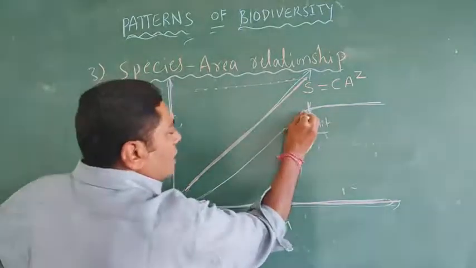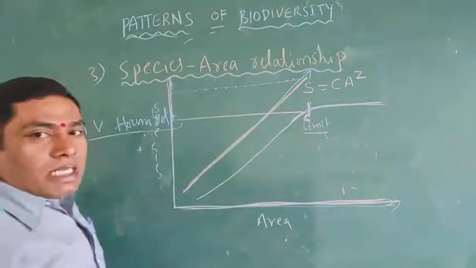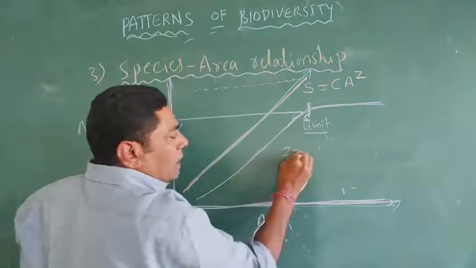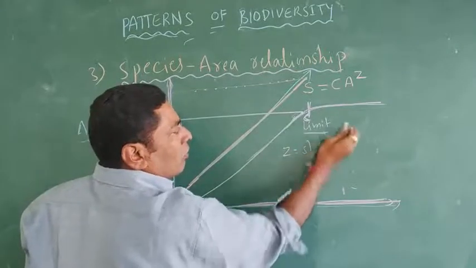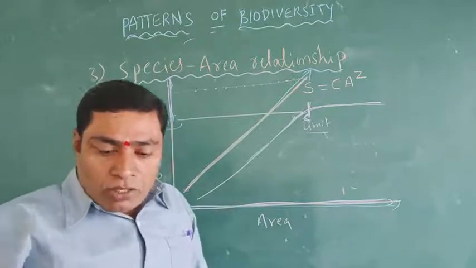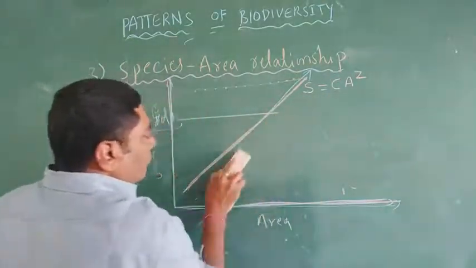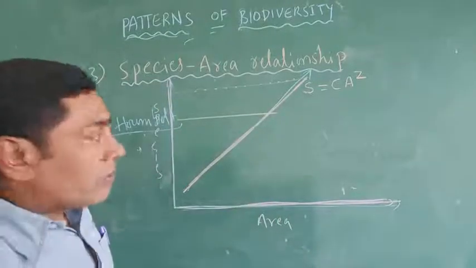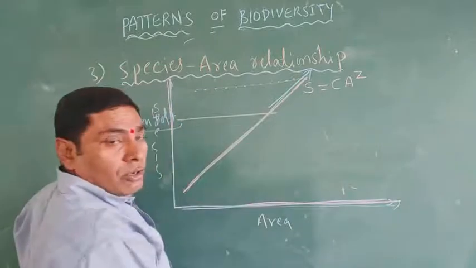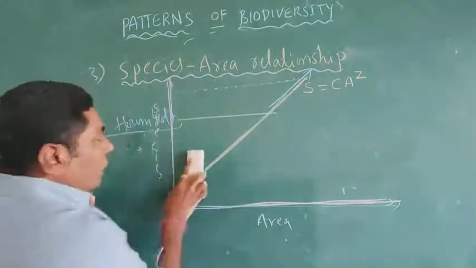So in here, this is the C point. C means y-intercept. The slope is the Z, and A is the area. So once again we can observe that here the Z, the slope, is increased. The slope is increased. So according to Alexander von Humboldt,